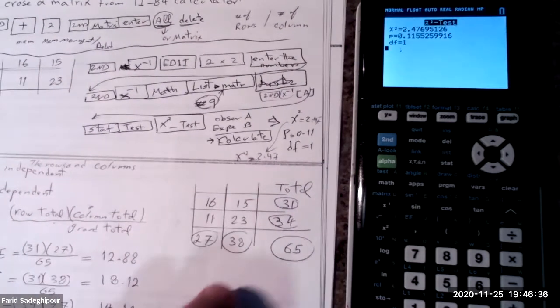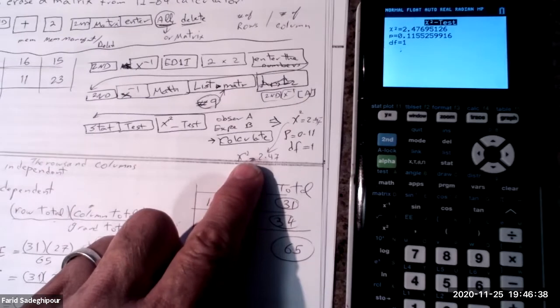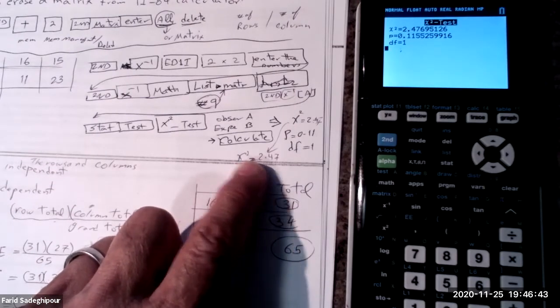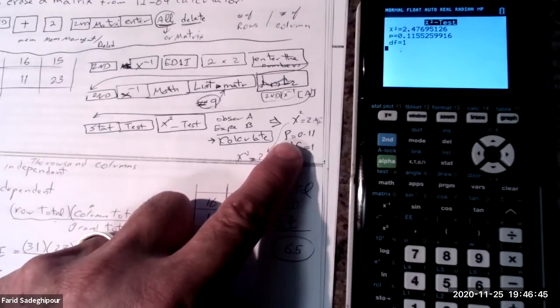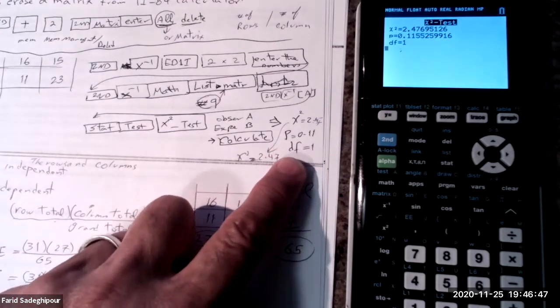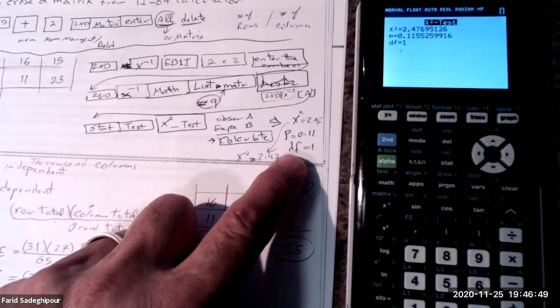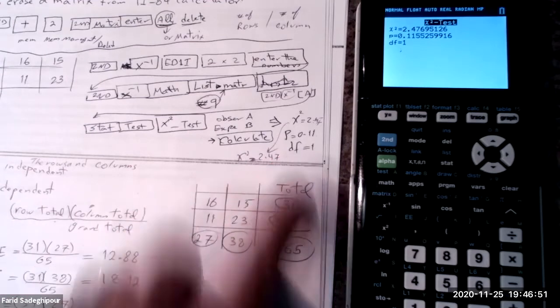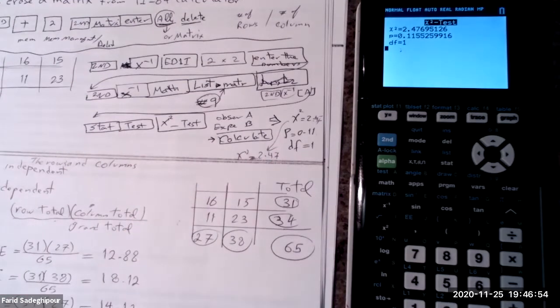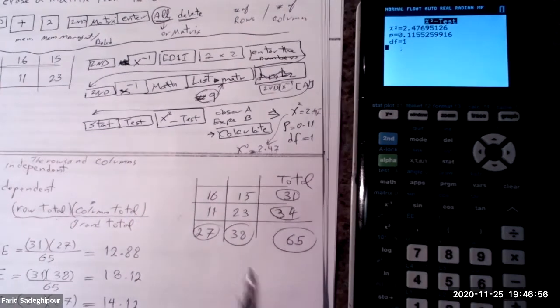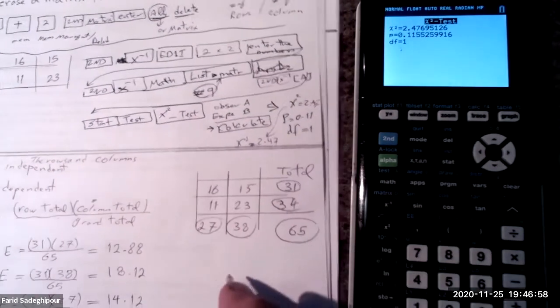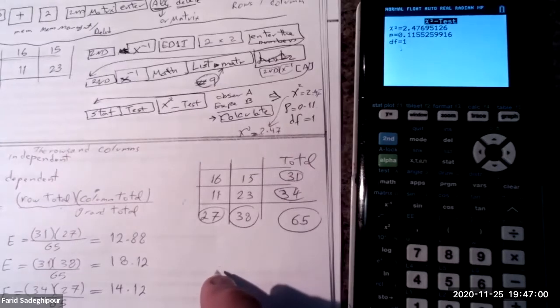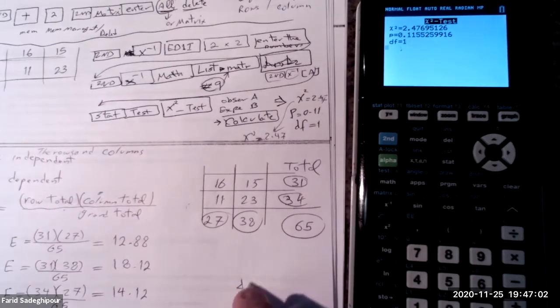Now it gives you X2, which is 2.47, the test statistic. It also gives you the p-value, which is 0.11, and the DF is 1, we know, right? Remember that the DF is, let me write it here. DF is R minus 1 and